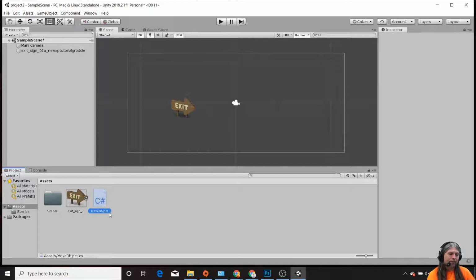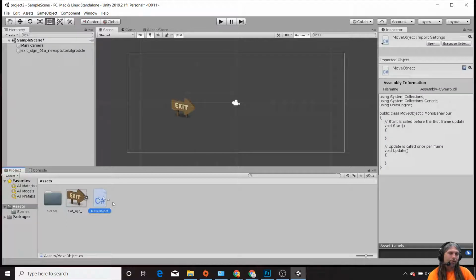So when we created a new C# script down here, we were able to change the name, and I changed it to MoveObject. And notice that there is no space in the file name. So when you're creating these scripts, don't use spaces. And outside of that, you should be fine. And I want to show you something. If yours looks like this and you've got MoveObject down here, and you click once on the script to select it, and you look over here on the right and it says MoveObject in this area, then you are